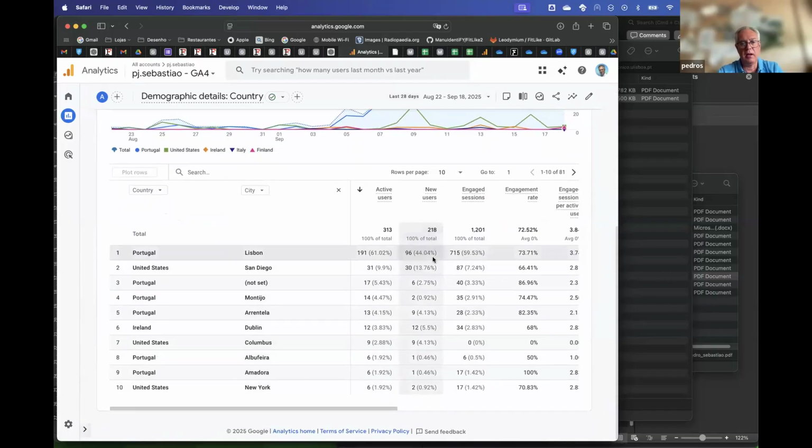So here is the thing. I have 218 new users in the last 30 days, 94 in Portugal, in Lisbon, 13 in San Diego, a couple in Ireland. So it changes, it grows every year, of course, but the users will not keep doing fits afterwards,